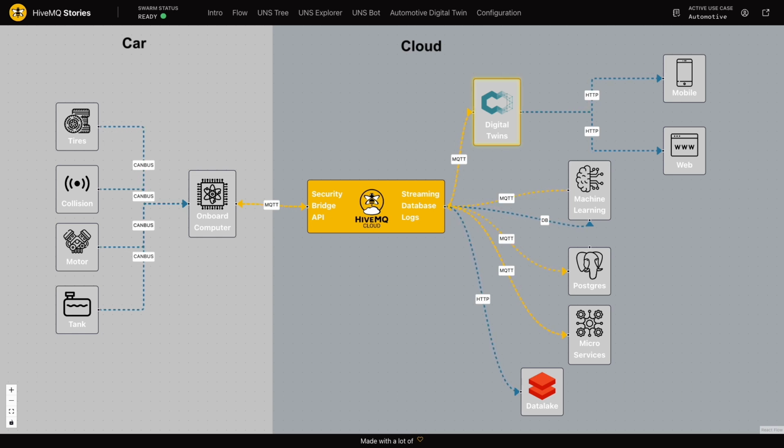Typical applications would be a digital twin. If I want to build a digital twin of my vehicle or my vehicle subsystem, if I'm having a fleet of vehicles, if you will, if I want to do machine learning on the cloud or on the enterprise side of things, if I want to do some database calculations, or if I want to send it to the data lake to be able to do some advanced applications. And this also includes mobile experiences. Typically, off of digital twin, you want to have some mobile device that is able to control some of the vehicle subsystems or be able to see some of the information on the vehicle subsystem.